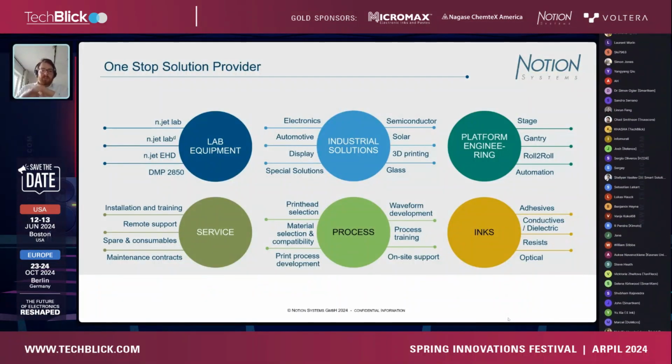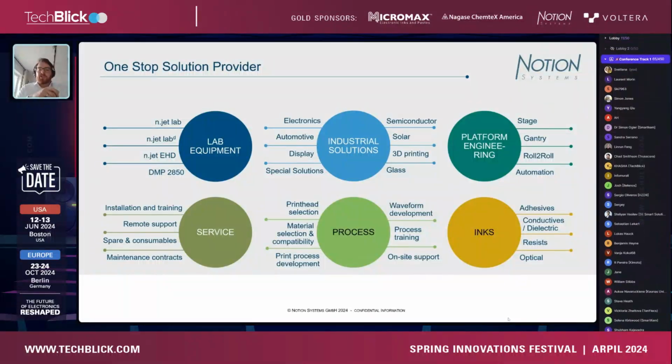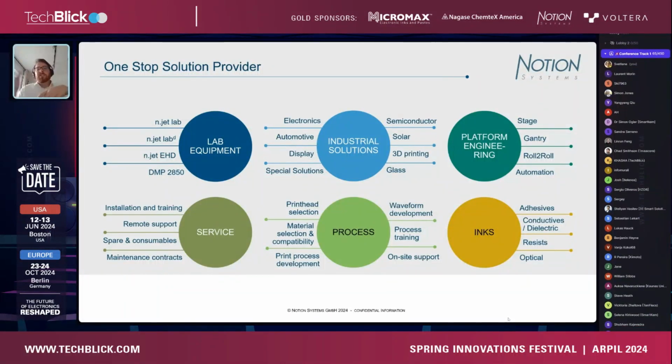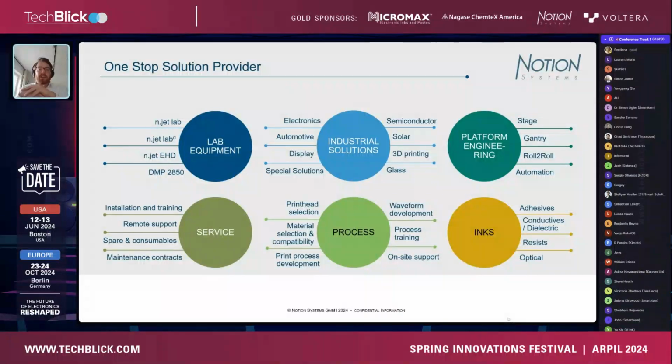And this makes it possible for us as Notion Systems to apply inkjet and EHD to a whole plethora of applications. Just a quick overview, we call ourselves a one-stop solution provider. We're active in electronic